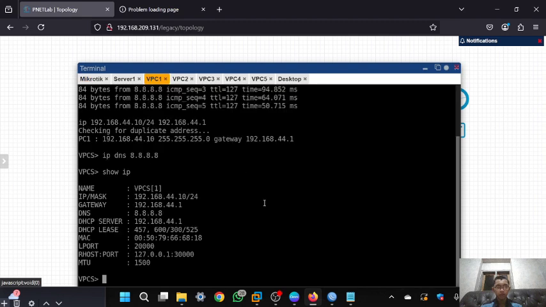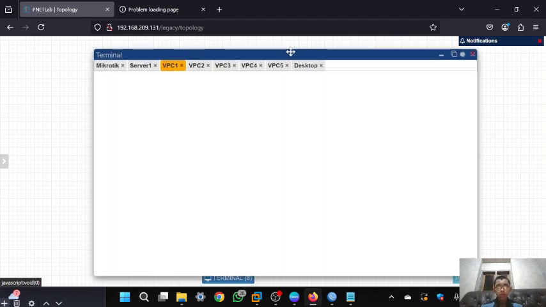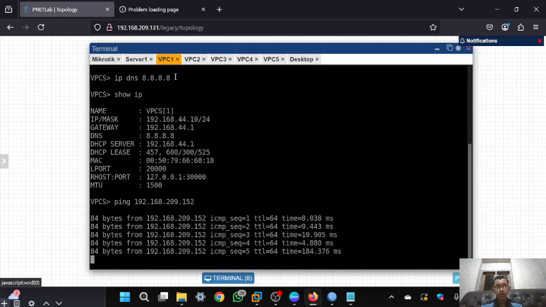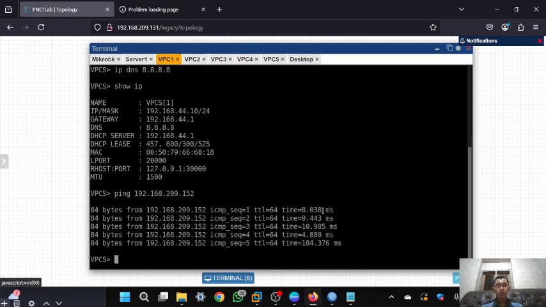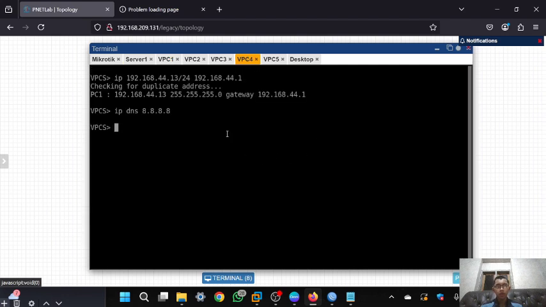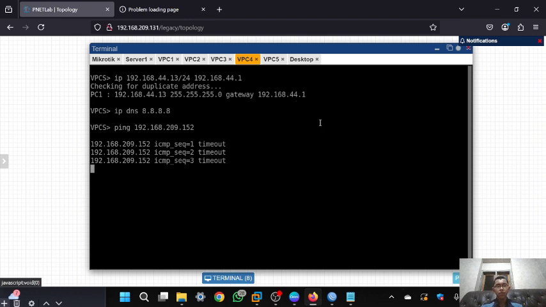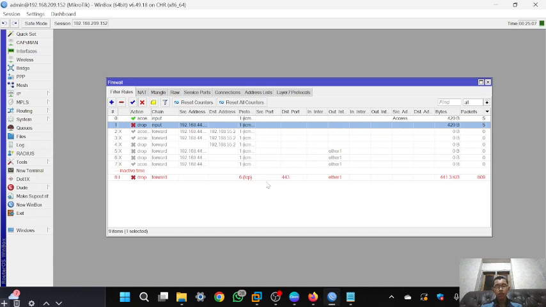I will try to ping it. As you can see that VPC1 can ping the MikroTik, and I'll try the PC4. As you see that VPC4 cannot ping the router, so that means the rules in here is successful.